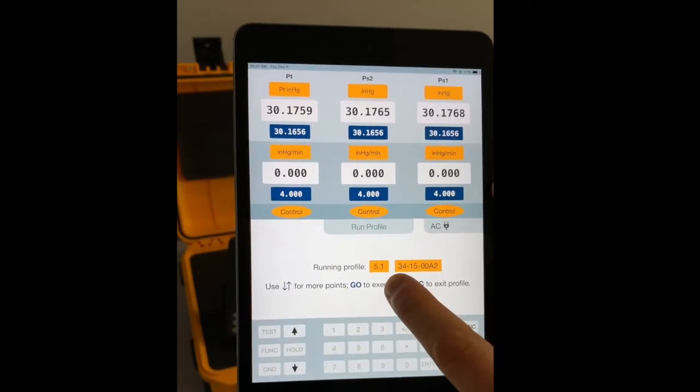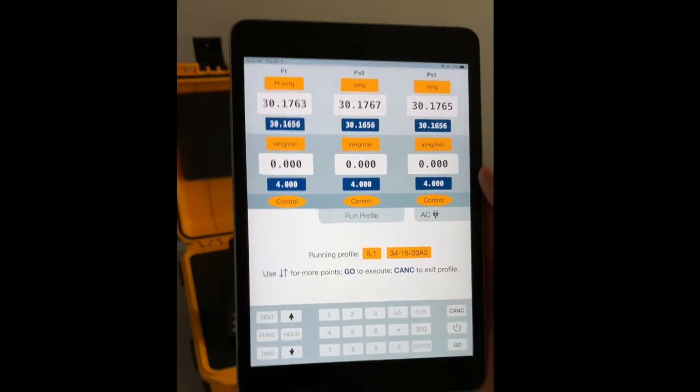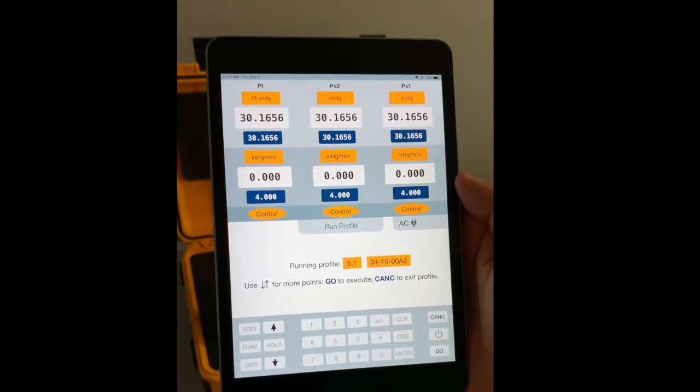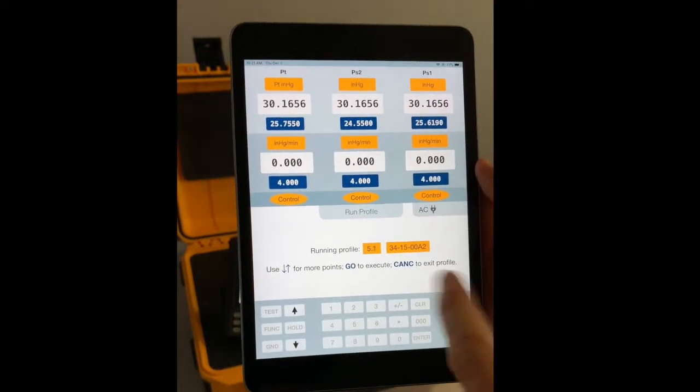Whenever I'm ready, as you can see it's blinking, I can click on Go and the test set will go to that target. Whenever the tester reaches the target for step number 1 of profile 5, I can use the up arrow to go to step number 2